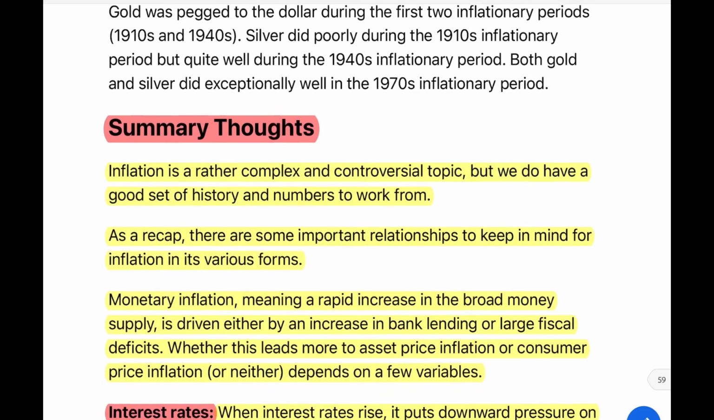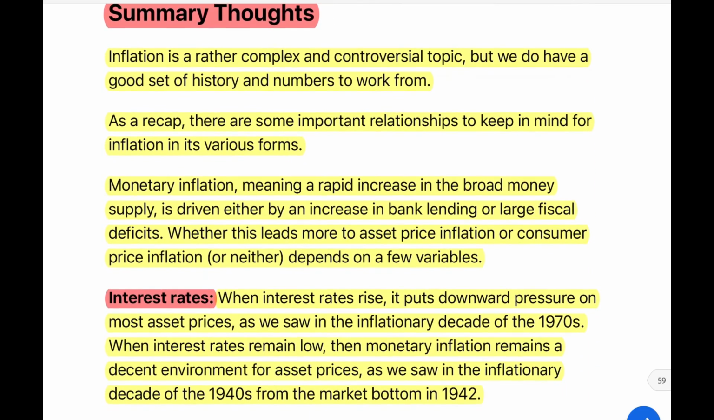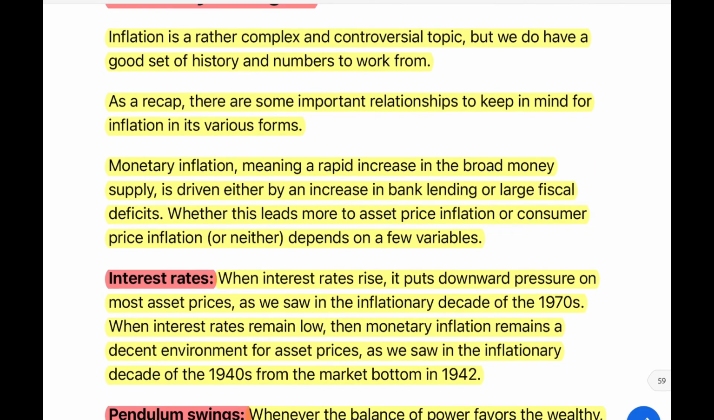A summary of the author's thoughts. Inflation is a rather complex and controversial topic, but we do have a good set of history and numbers to work with. As a recap, there are important relationships to keep in mind for inflation and its various terms. Monetary inflation, meaning a rapid increase in the broad money supply, is driven either by an increase in bank lending or large fiscal deficits. Whether this leads